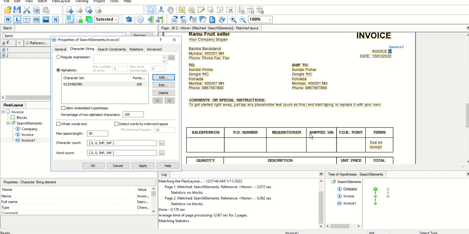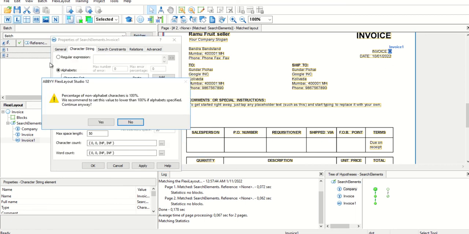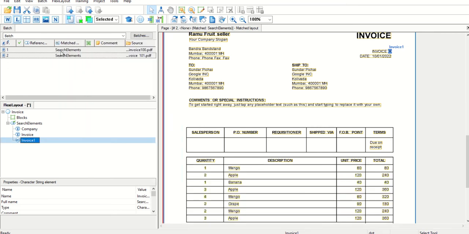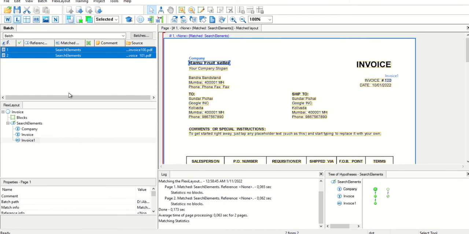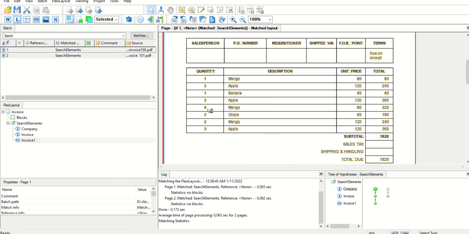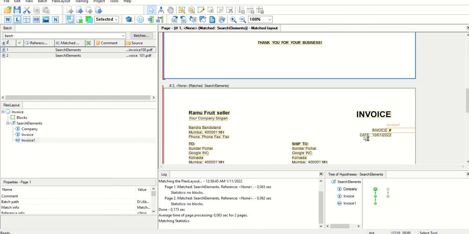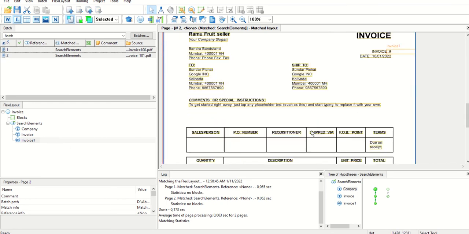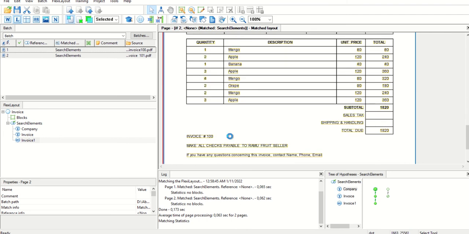So in this case, in this invoice, it will fail. So we can see, wait, okay, 20. Okay, now match. So in first invoice, you can see we got this 100, not the hash. And in the second invoice, we got nothing because it is blank here. Okay, now we need the invoice number. So how we will find that? Okay,